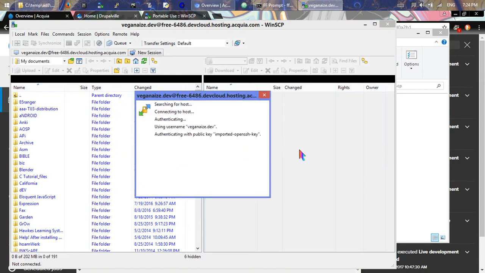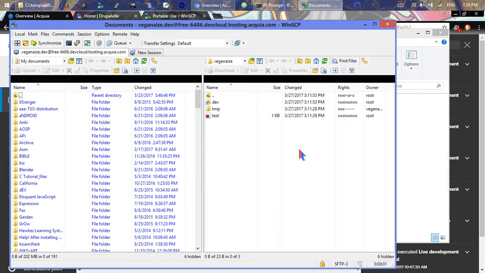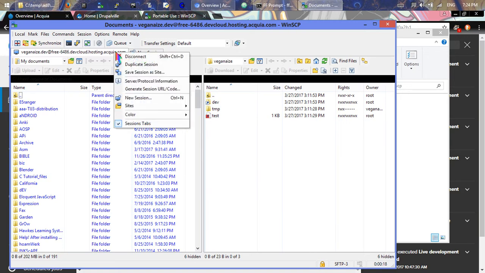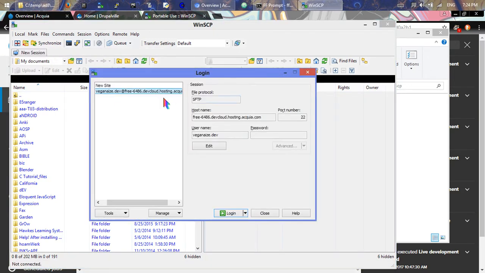And supposedly on Acquia, they regenerate their servers so often that you might get that question more than once. So it's hard to tell if you're actually being hacked by a man-in-the-middle attack or not. But it's the way it is with them. So we can see we successfully logged in over here because we don't have errors, and this side's filled in with some information. So I'm going to go ahead and disconnect from that session,